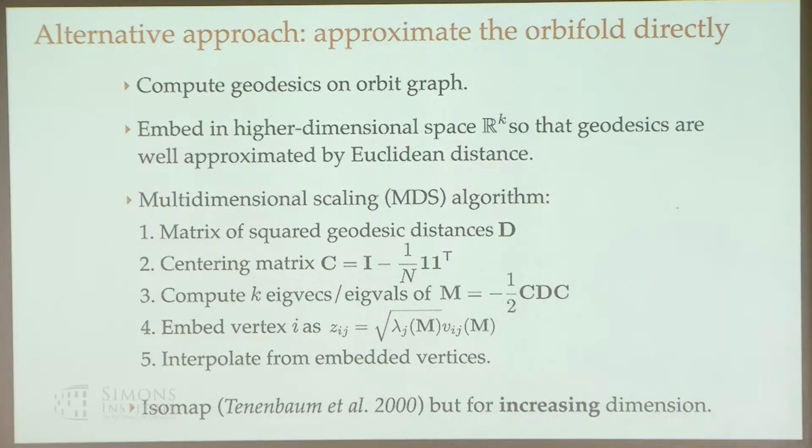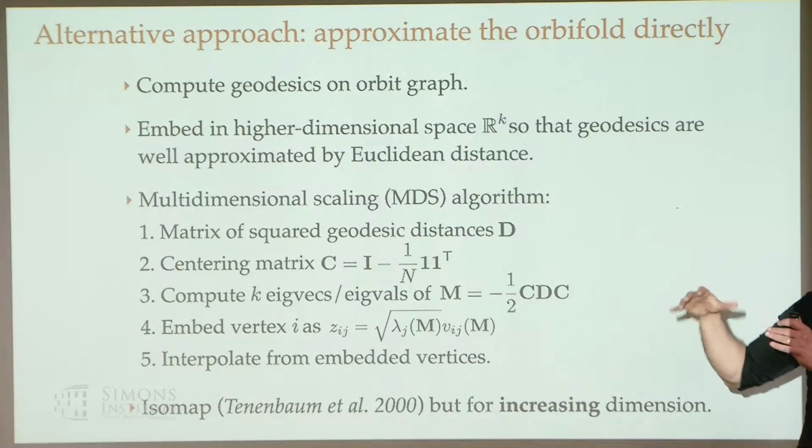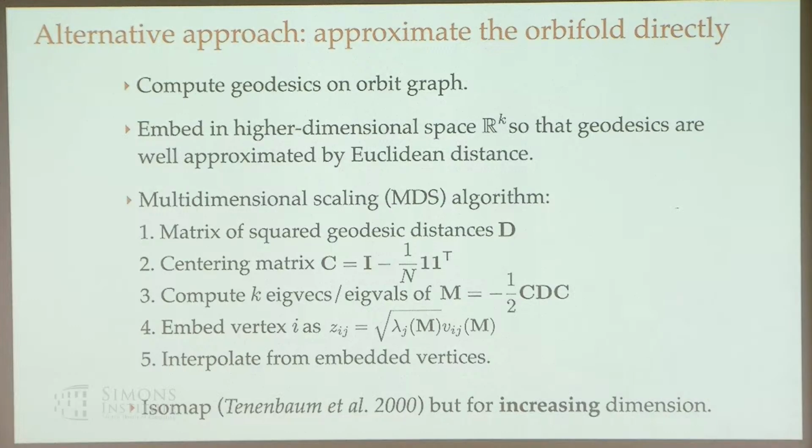So we're going to solve an eigenvalue problem, the goal of which is to find an embedding into a higher dimensional space such that those distances are approximately preserved. We have all these distances, and the hope is that in the higher dimensional space that structure is preserved. This turns out to be another classic machine learning algorithm called Isomap.